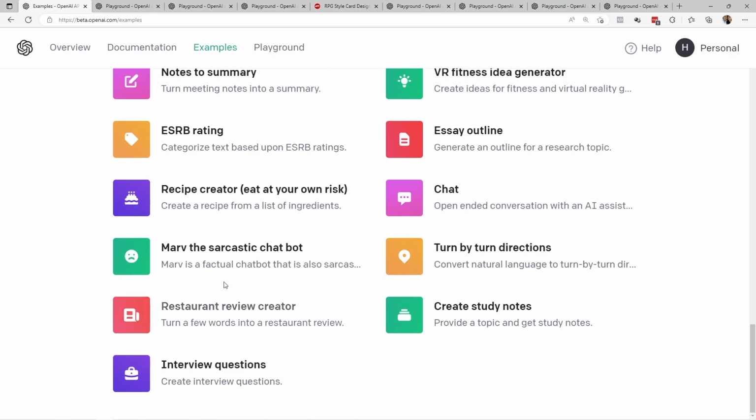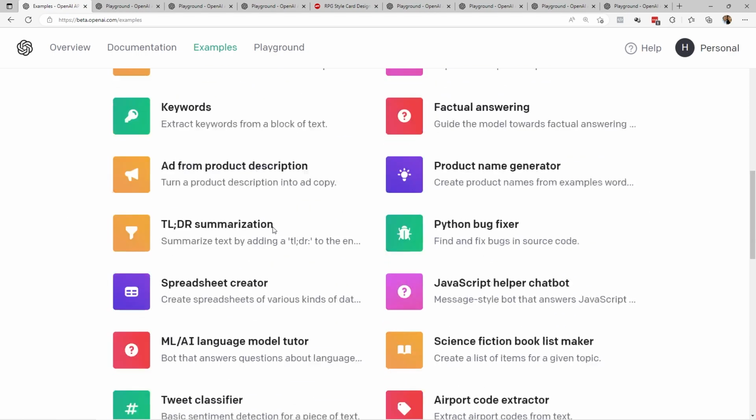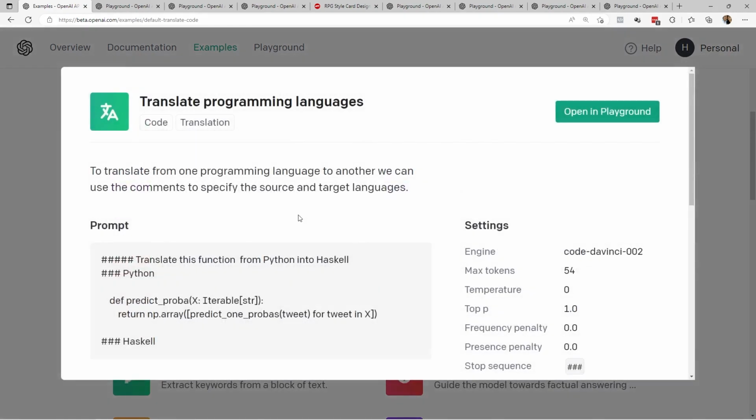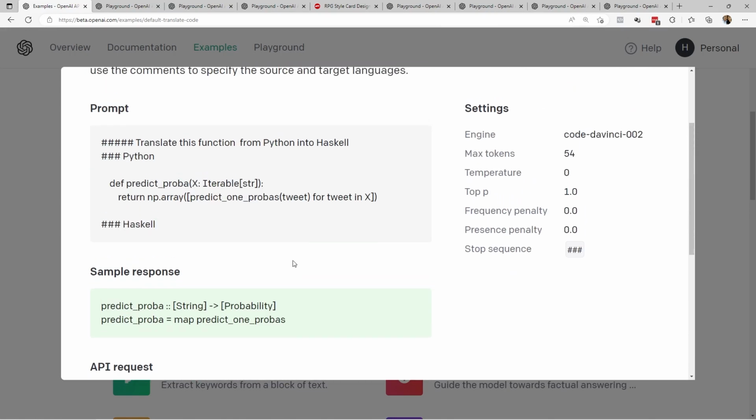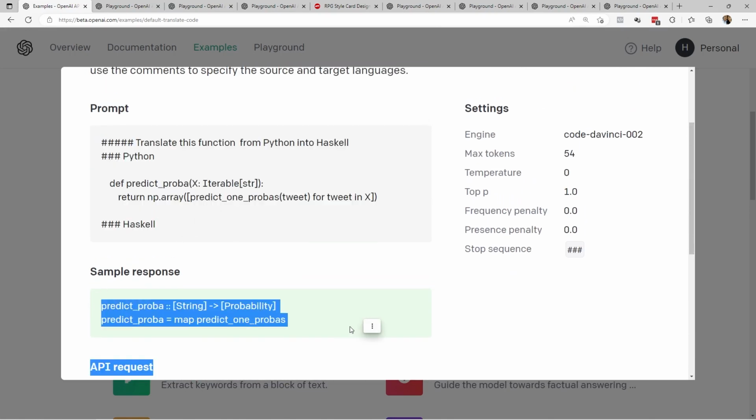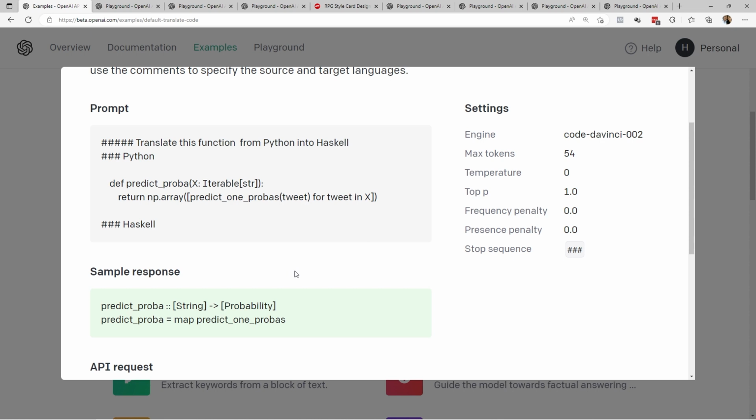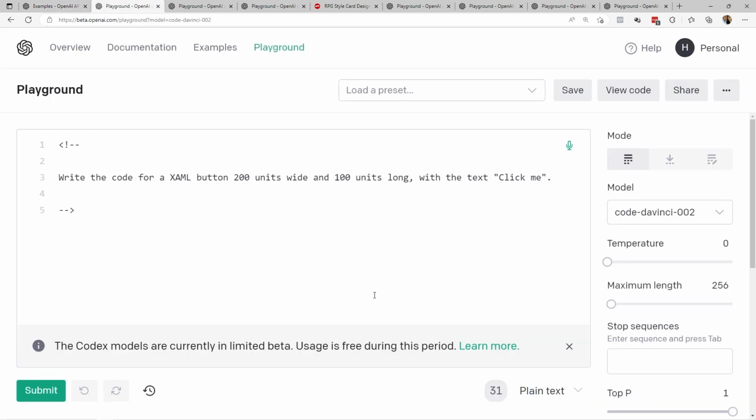OpenAI Codex is a general-purpose programming model, meaning it can be applied to virtually any programming task, including XAML code and C# code. To give you a little more understanding of what this is all about, let's go to the OpenAI Playground, which you can sign up for without a waiting list as before. To access the OpenAI Codex models, you need to request access to the API as it is currently in the